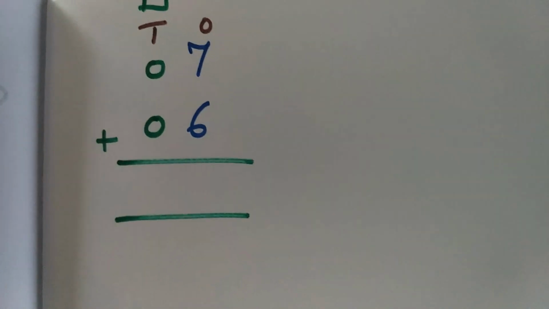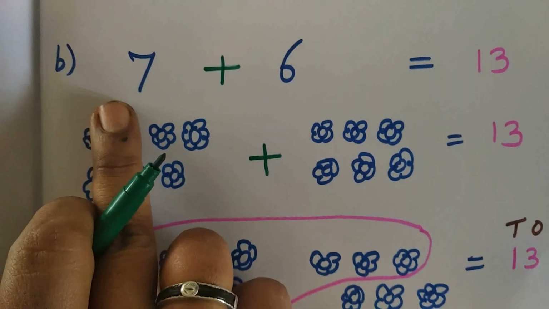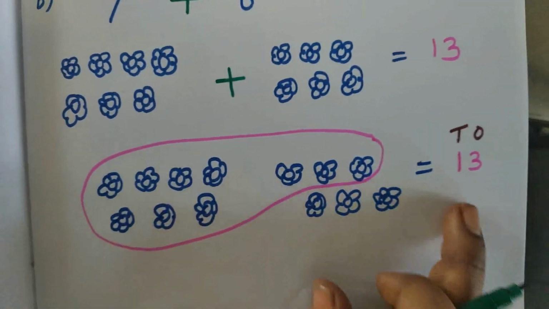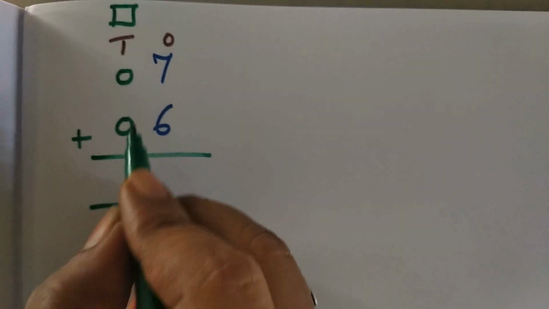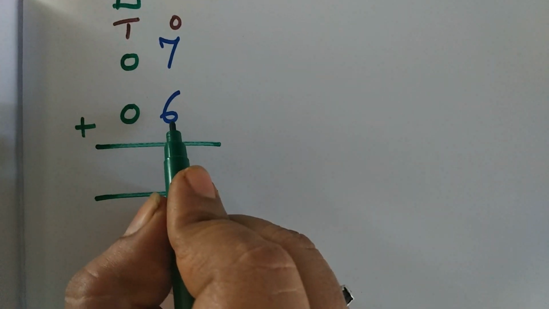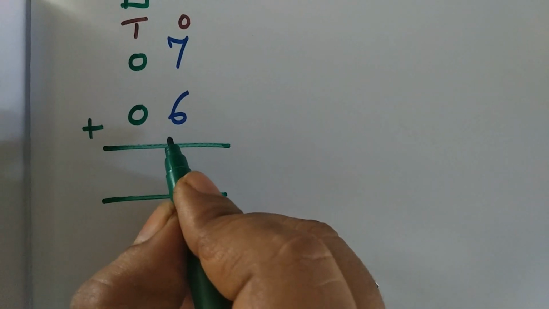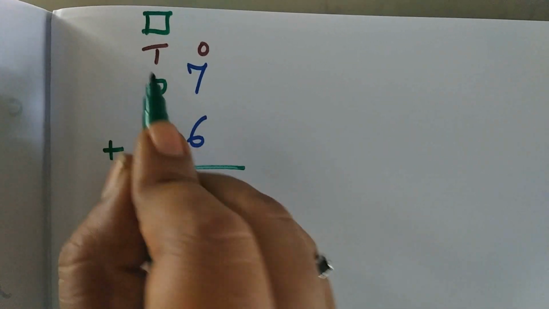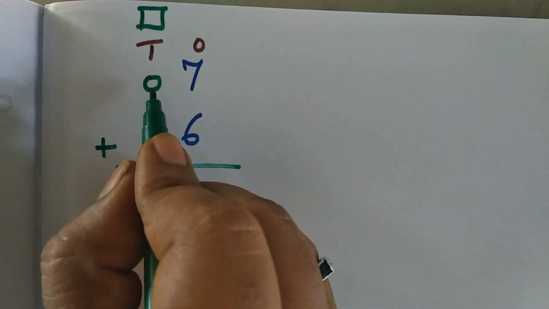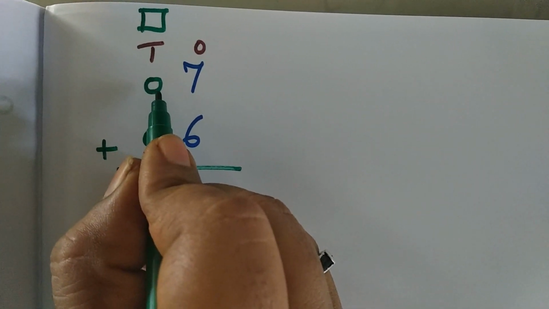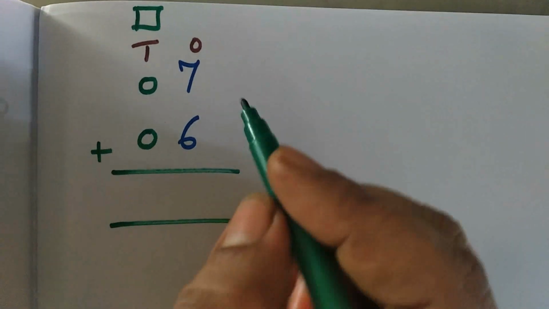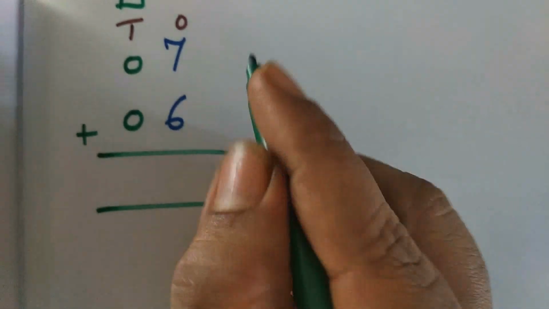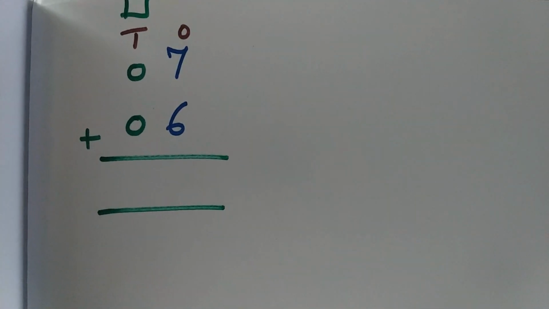Now see here. In this sum we have grouped, the same sum, and by grouping we have completed it. The same sum we can do in the addition fact. So addition fact means, see, 7 plus 6 they have given. I have written it in this addition fact. In ones place only we have a number. In tens place we don't have a number, so I have put 0 here in tens place for these 2 numbers. How will we add, children? You can use this method also. Otherwise, the grouping method also you can do.